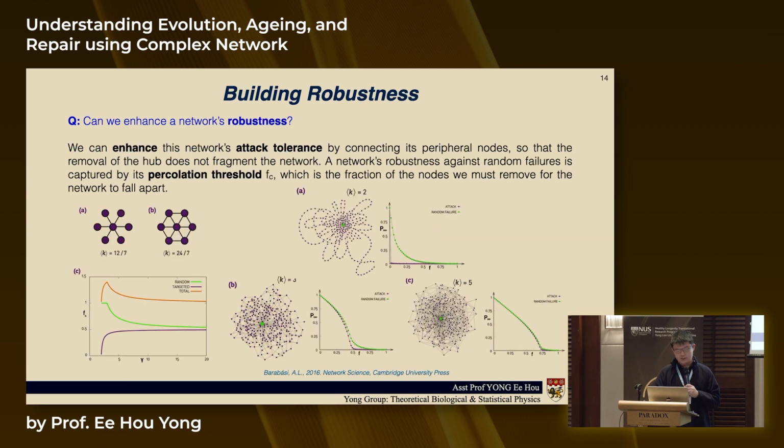Okay. So another concept that I mentioned in my first slide is robustness. Basically, how can we enhance a network's robustness? If you think about it, one way that we can modify a network is just by changing its topology, right? So you can see that by adding more links to a complex network, you can change how it responds to failure or attacks. Okay, so you can then apply this concept to study aging, right?